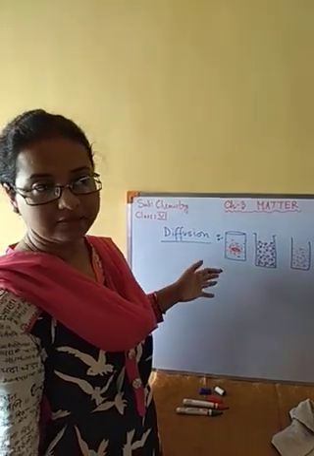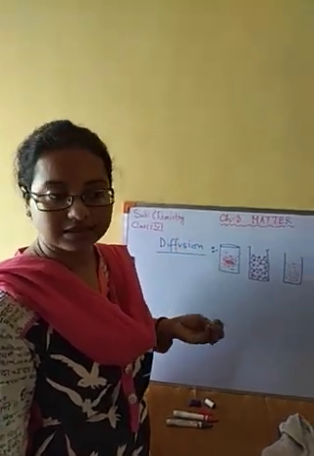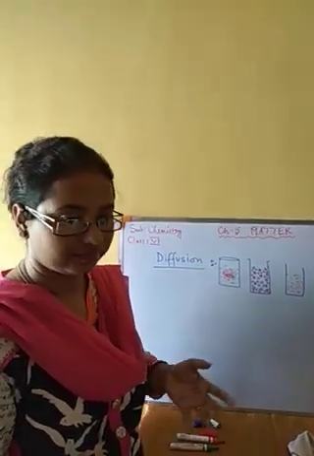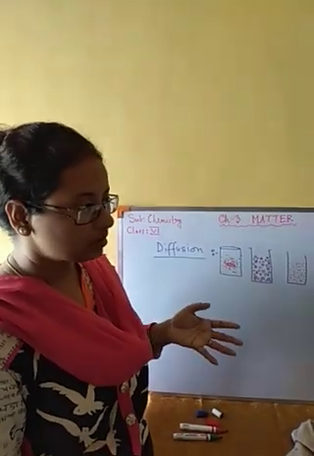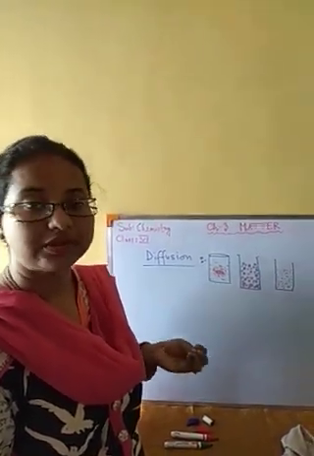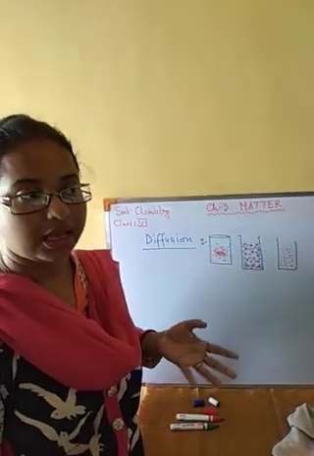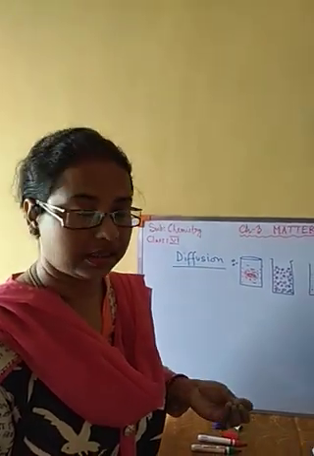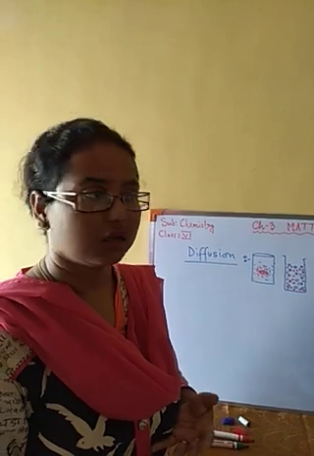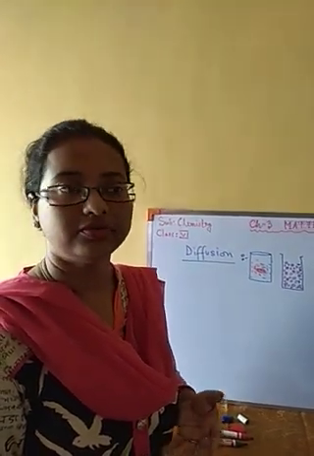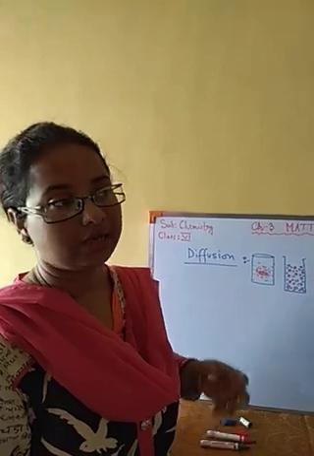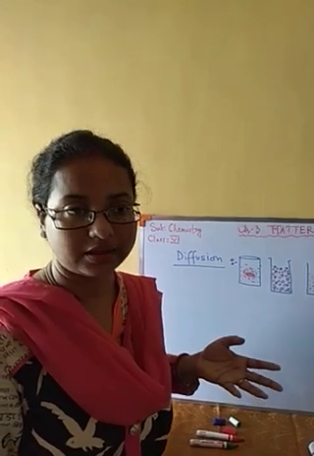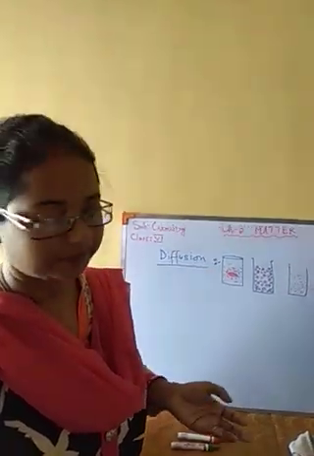In the same manner, if we burn an incense stick, the fragrance of the incense stick will get spread all over in the room. From the incense stick we get smoke. Along with the smoke, the fragrance comes out, and the particles of the gases of the incense stick, along with the fragrance, will get mixed in the air particles because of diffusion, and we can smell it from any corner of the room. Not only in the same room, we can get the fragrance from other rooms as well.